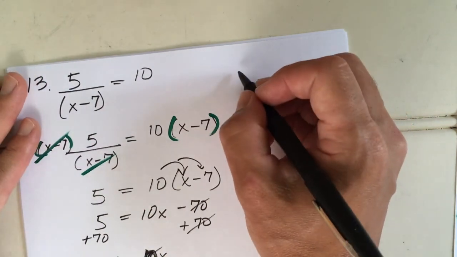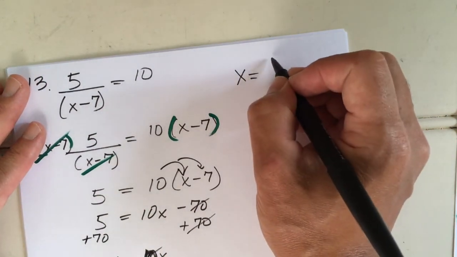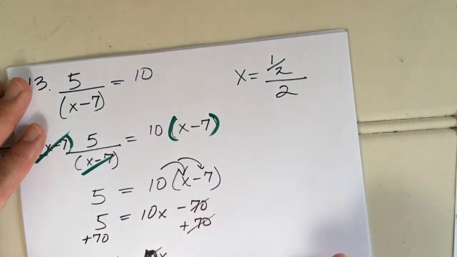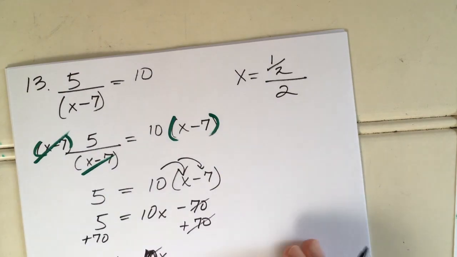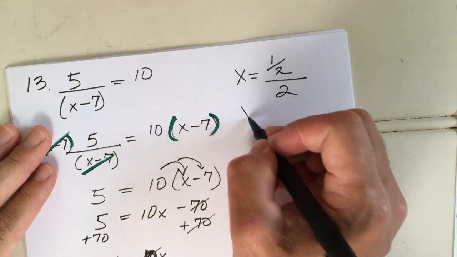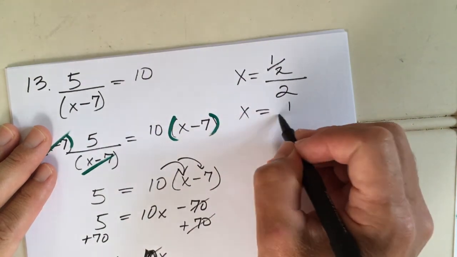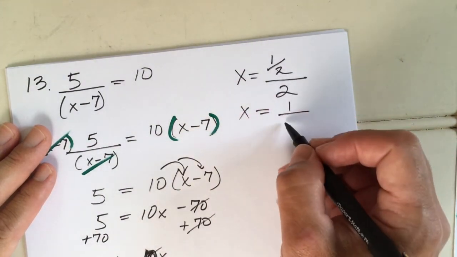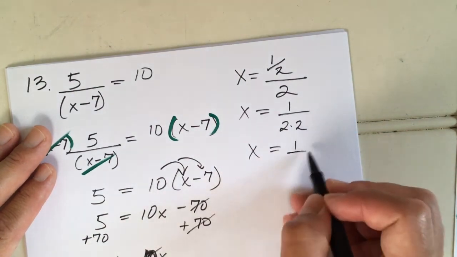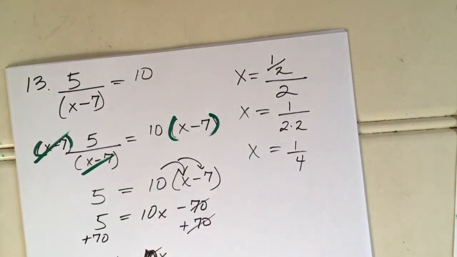So if I had, say, x is equal to 1/2 over 2, right? This 2 would just go to the bottom, and the 1 would stay there. So I'd end up with x equals then 1, right? The 1 stays on top, and the 2 gets to go to the bottom. So 2 times 2, which is 4. So I would get x equals 1/4. All right. Maybe I could have picked a better problem for that, but